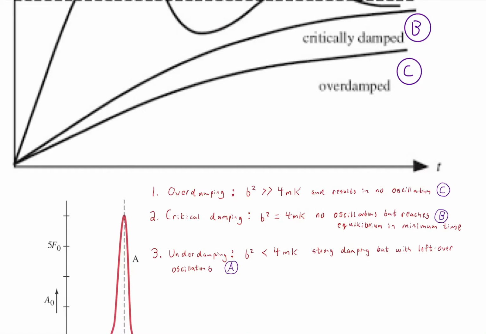On the other hand, critical damping is where B squared, the damping coefficient squared, is exactly equal to 4 times the mass times the spring constant. This also results in no oscillation, but it means that we reach equilibrium in a minimum amount of time. So it's kind of funny to talk about an oscillating system that doesn't oscillate, but of course that is actually something you want. And really the best illustration of critical damping, the one that always comes to mind, is what's